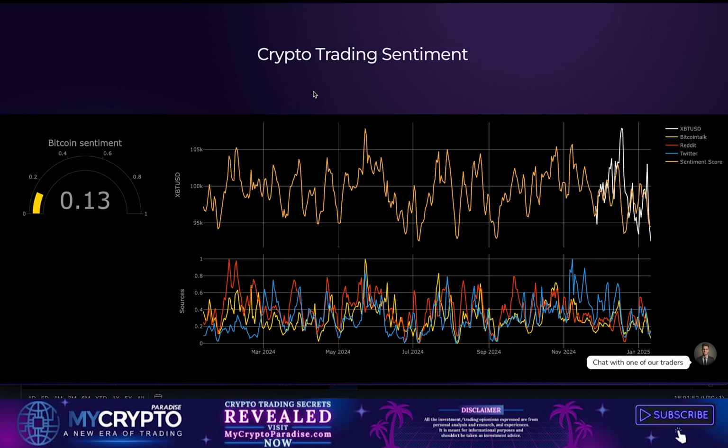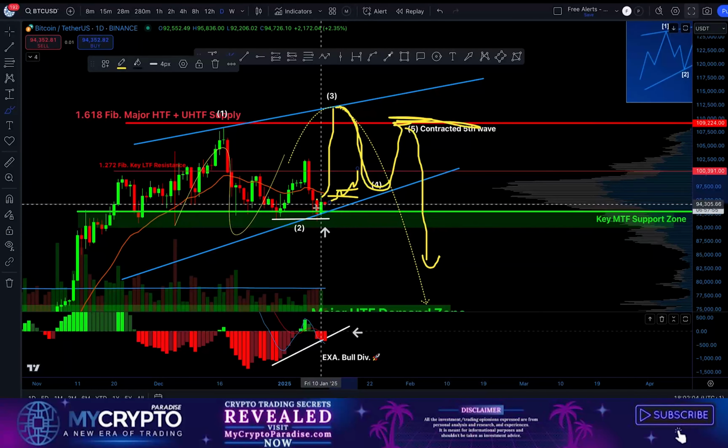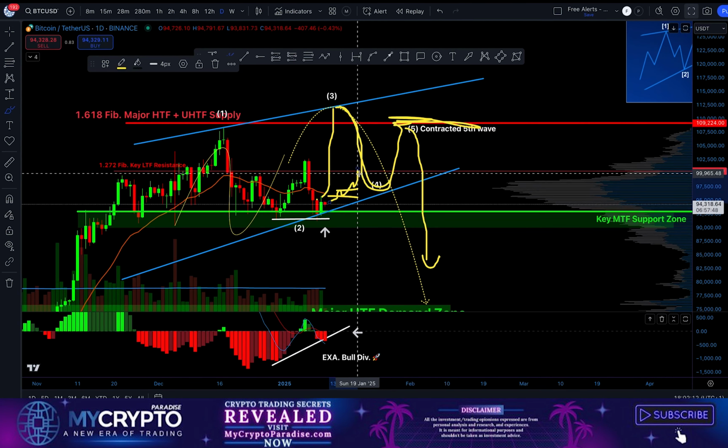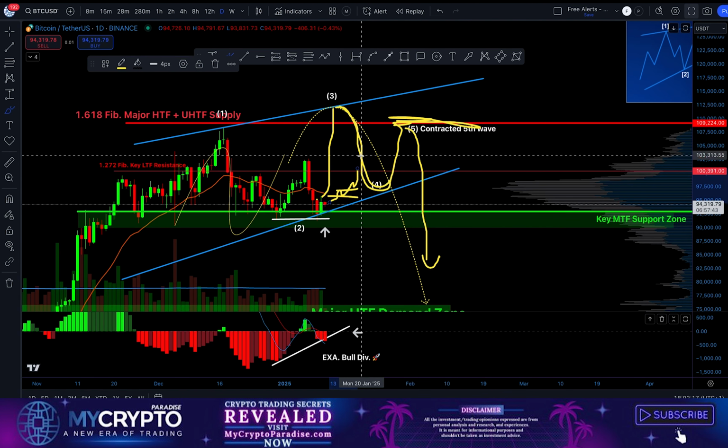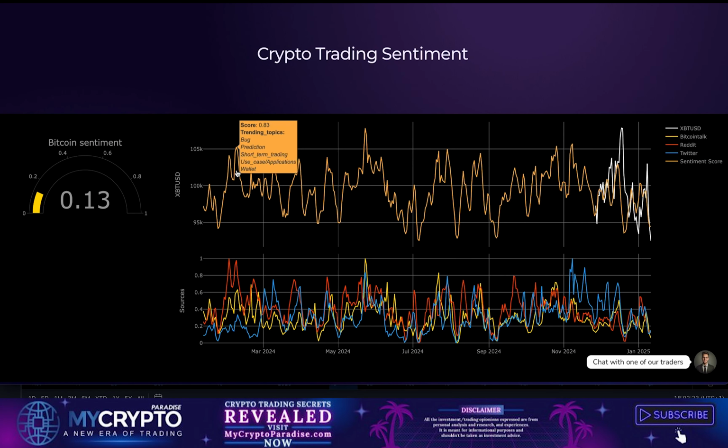Then other than that, also crypto trading sentiment is extremely in fear. What does it mean? Loads of people are not taking the opportunity of buying right here cheaply again from a high time frame perspective. So once we start pushing higher, you always need to think like whales, ladies and gentlemen. If we start to push higher, will there be some liquidity to keep pushing the price higher? Well, yes, because loads of people are in fear right now. They are selling instead of buying at this strategic level. So once we start pushing upwards, they will again start buying in fear of missing out, right? So this is good also for the probabilities that we might have the reversal right now.